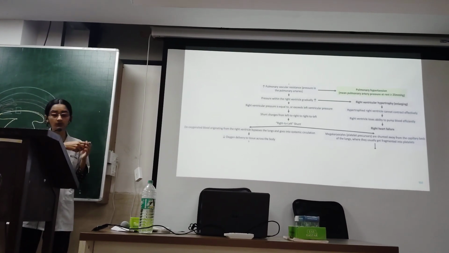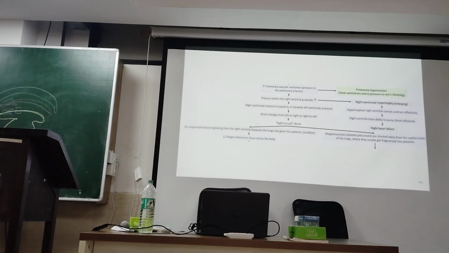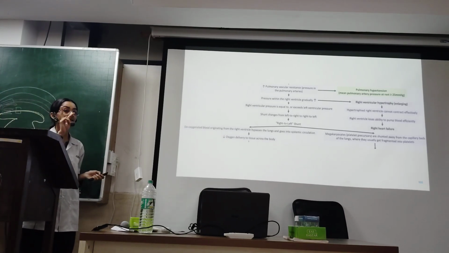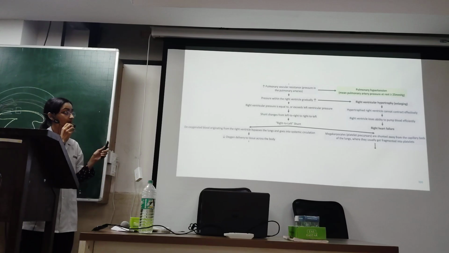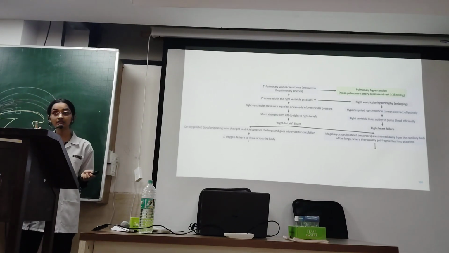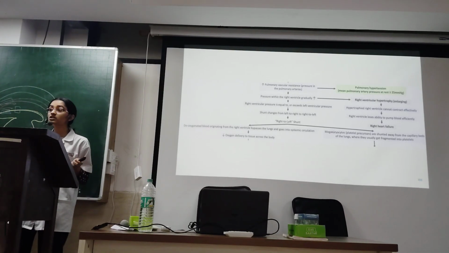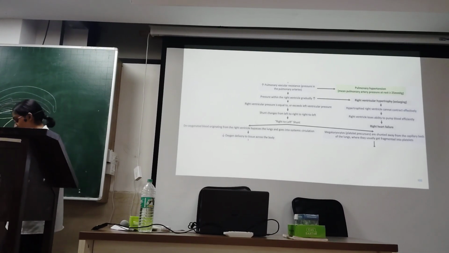Now, due to a hypertrophy, there is an increased right ventricular pressure, and this right ventricular pressure can now exceed the left ventricular pressure, which can result in more blood being sent from the right to the left side. So, the left to right shunt is now inverted into a right to left shunt. This results in two main problems. First, the oxygen delivery to the body is reduced, and secondly,